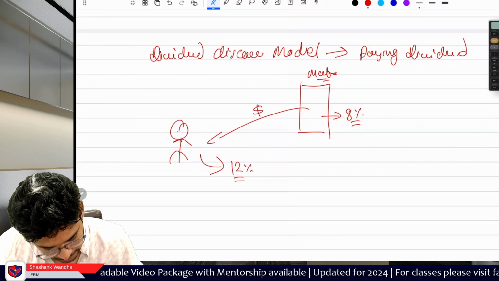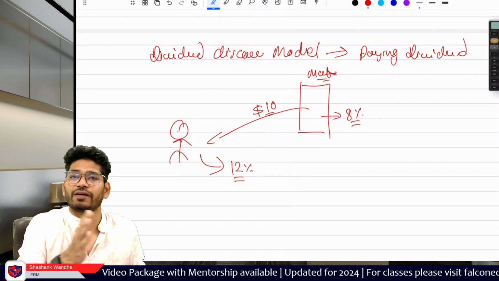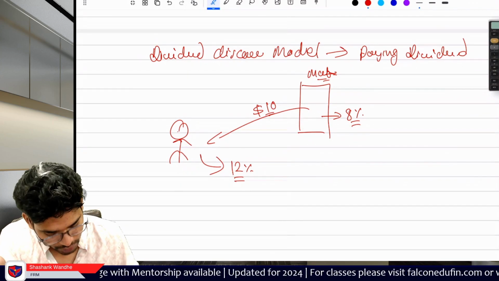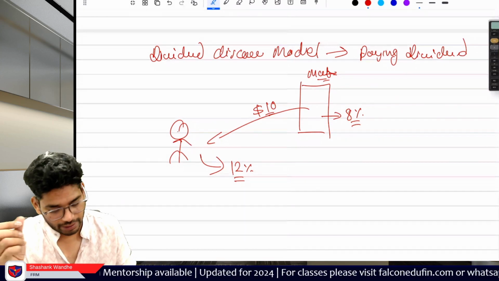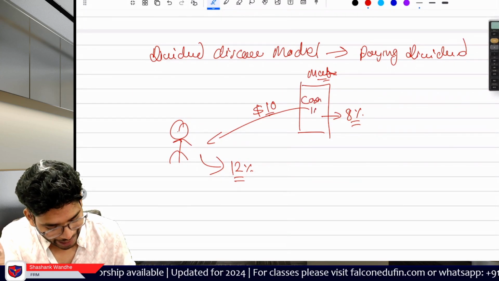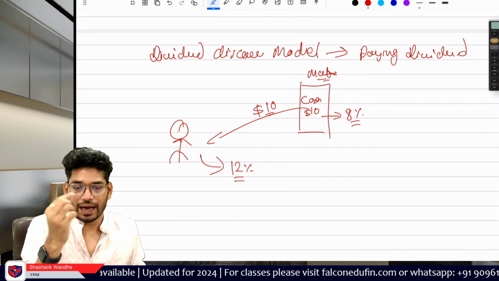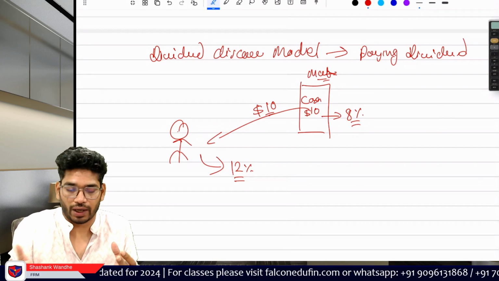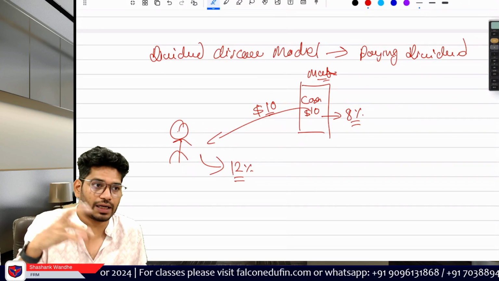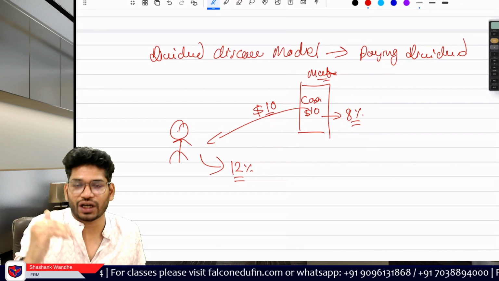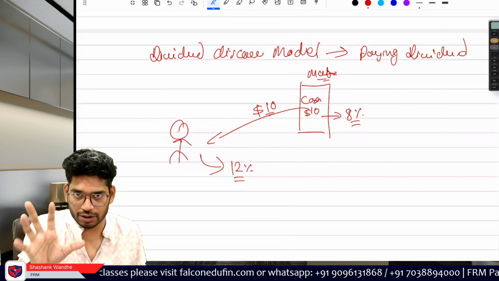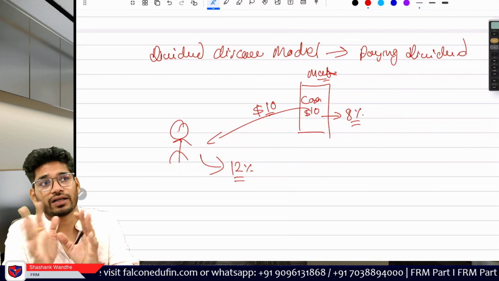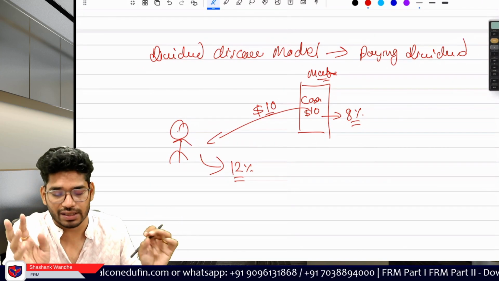So what will the company do? Let's say this is the dividend. The company will pay dividend to this shareholder. This dividend is in cash, right? If the company is not paying dividend, then the company is holding this cash of $10. And remember, companies won't just hold this cash like that. There are limitations for the company. If the objective of the company is to do some specific type of business, the company can mainly do that business only.